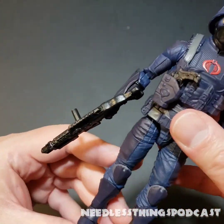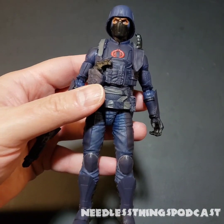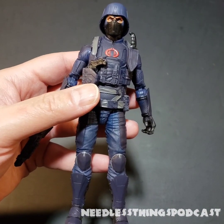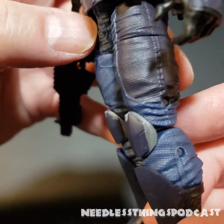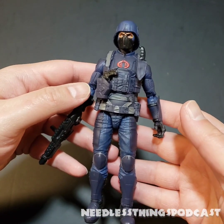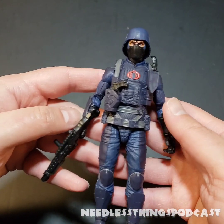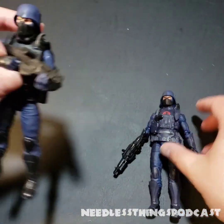Even though I've got 3 with one more on the way, I'm really kind of itchy to order some more because it just looks so good. It's such a fantastic Cobra Trooper. Just all of the painted detail. Look at that on the knee pads, on the side here. He just looks fantastic. So now let's compare this new one to the one that everybody was having absolute aneurysms